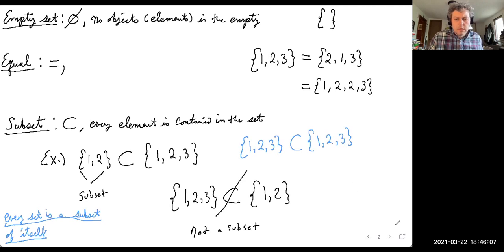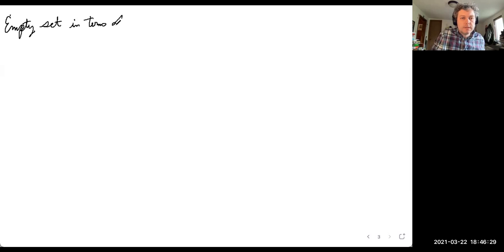Now I'm running a little short on space on this slide, so I'm going to have to move over, but we're going to continue with those ideas. And we're going to think about empty sets in terms of subsets. Now remember this, the empty set is a set that has nothing inside it, okay? So if I go back to my example of 1, 2, 3,